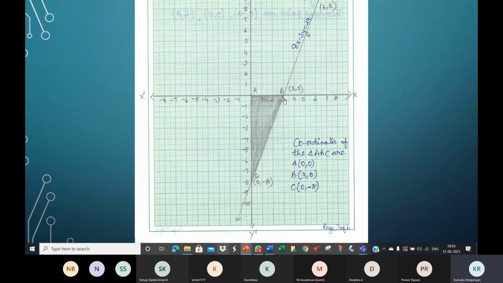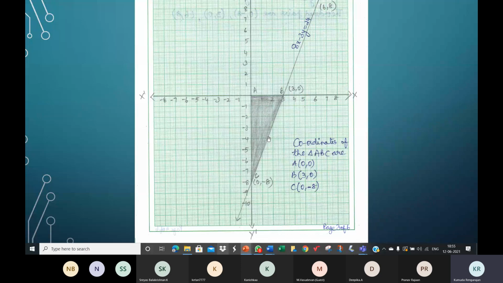How do you make out the triangle formed? We have to take up three lines, right? The three sides of the triangle must be portions of the three lines. I've named the triangle ABC. AB is a part of the x-axis, AC is a part of the y-axis, and BC is a part of the given line, 8x minus 3y is equal to 24. So this is the triangle and these are the vertices of the triangle: A (0, 0), B (3, 0), and C (0, -8).